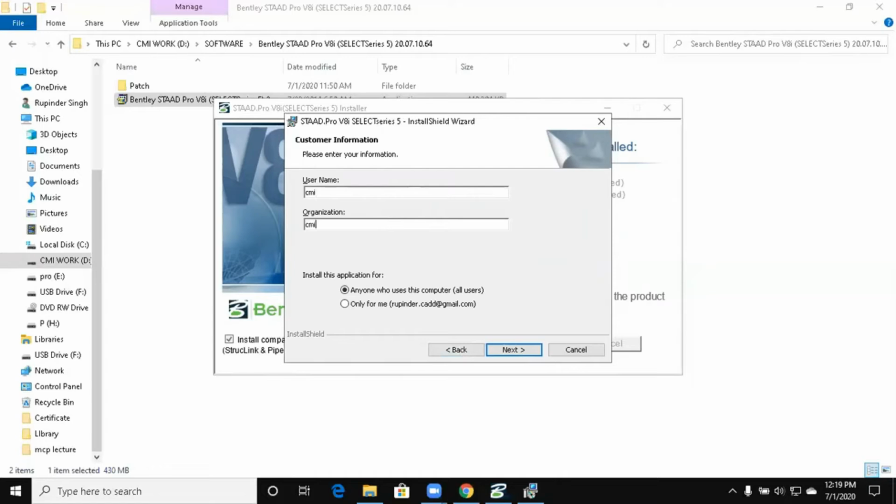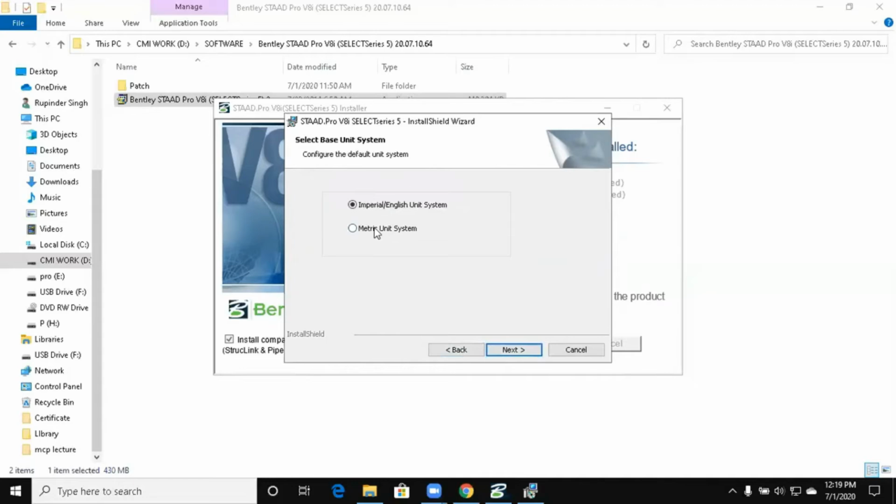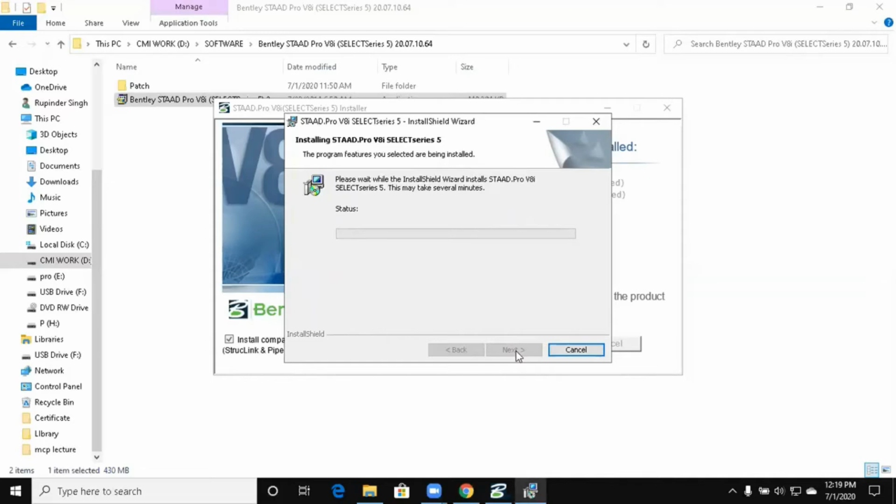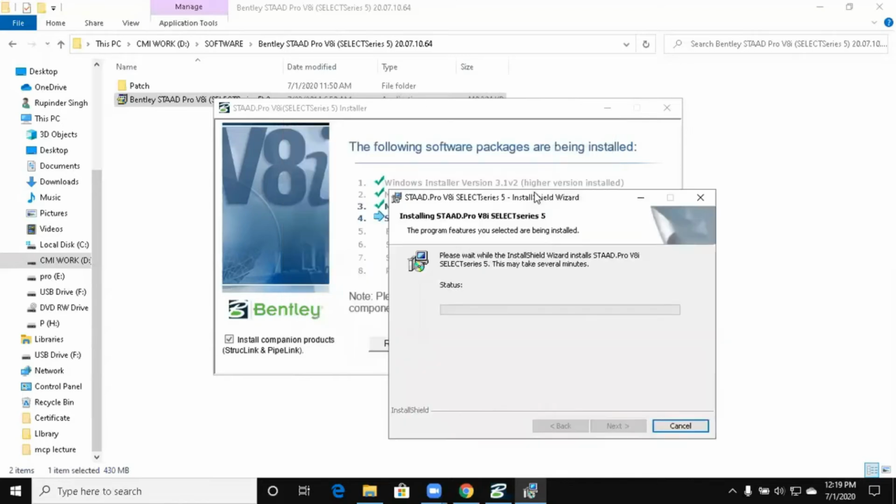Kindly enter your email address or username. Now click on next. You have to select the metric unit system. Kindly see carefully on your setup that you have to select this option, and now click on the next option, and then the installation of that particular program will continue.